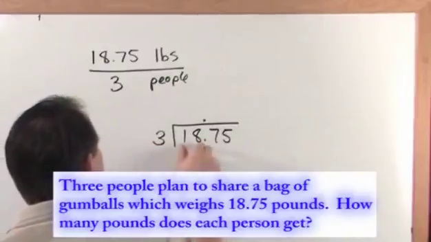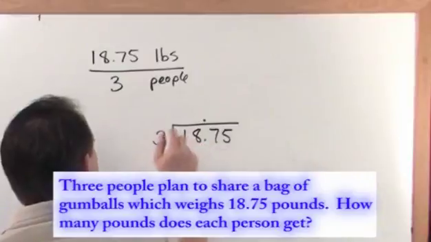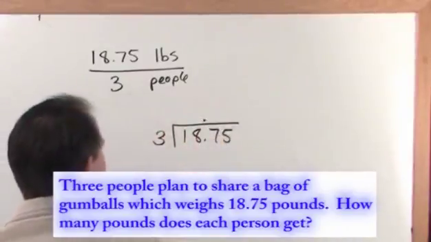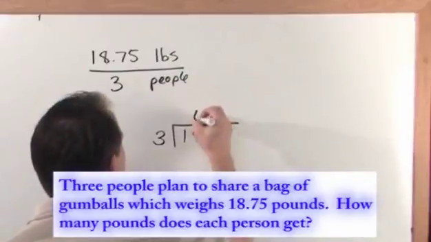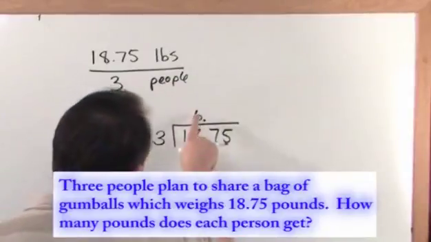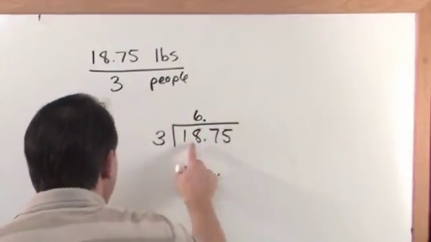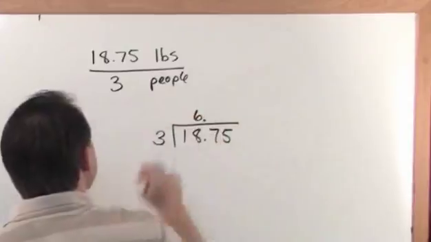How many times can 3 go into 18? Okay, and you can think about that in reverse. 3 times what number gives you 18? And from your multiplication tables, 3 times 6 gives you 18, and we write it above the 8 like this because we're looking at 18. We're not looking at 1, we're not looking at 8, we're looking at 18, so 6 goes above the 8